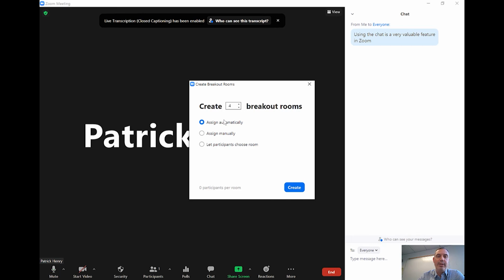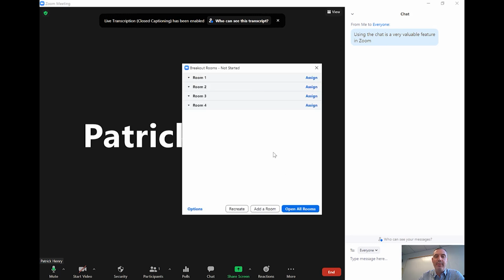You can either assign automatically or assign manually. I don't have the ability to assign manually or automatically right now because I don't have any participants in there. I have been to meetings where we let the participants choose. So, creating the breakout rooms, if I go to create this, before I say open up all rooms, I do have the ability to create a room. This is really key because,